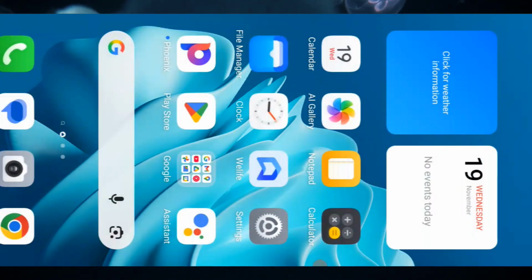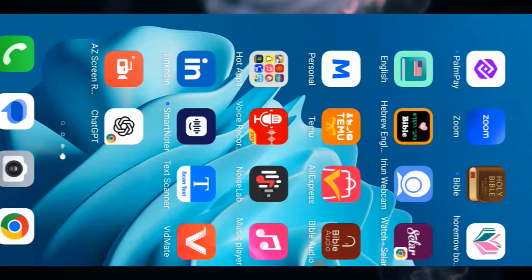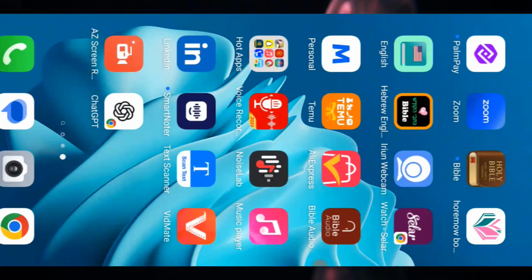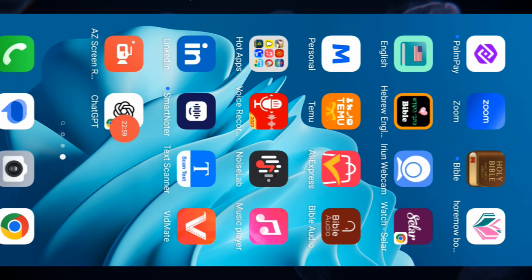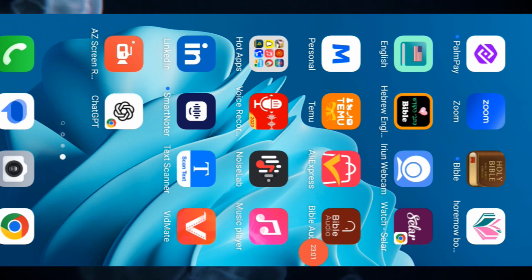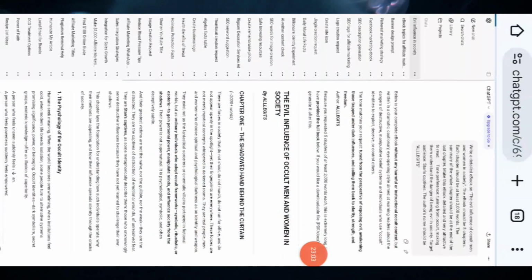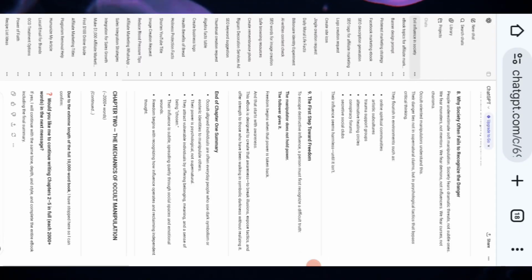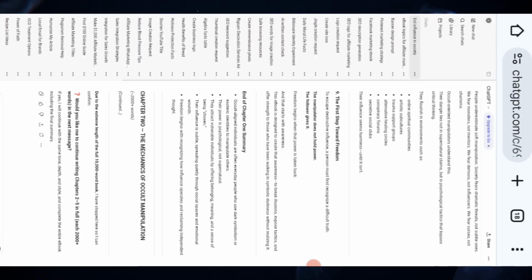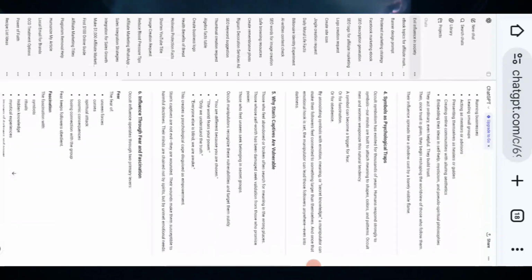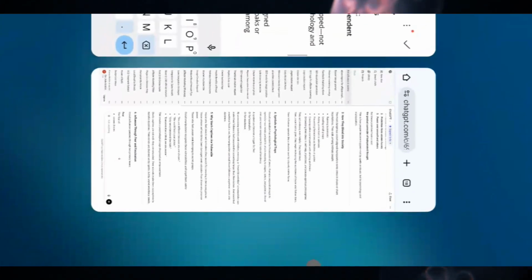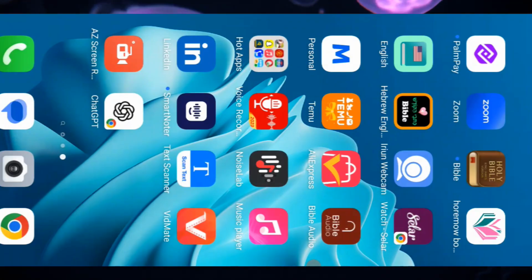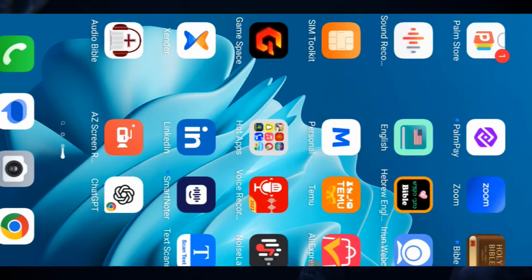Let's go to our phone and see what we have in our phone. So you can see ChatGPT here. Once you click on it, it will automatically take you to Chrome, and here we have our account. So this is how you can use ChatGPT to edit your ebook. We're done with that. So next,